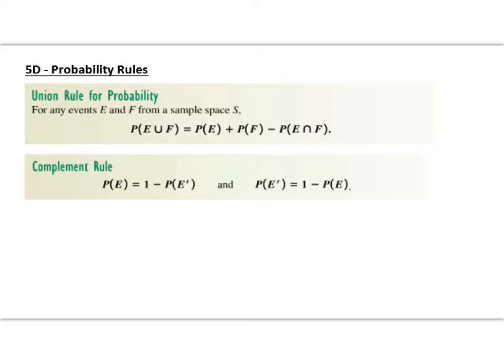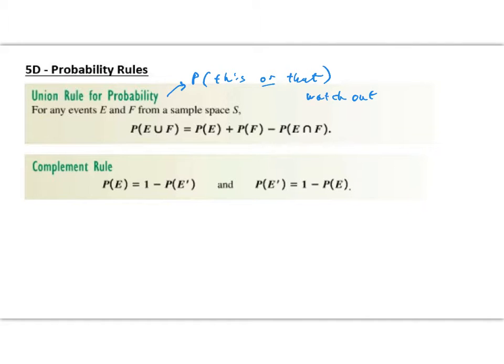to translate mathematically. So for this video, the two rules that we're going to look at, the union rule and the complement rule, we're going to keep it pretty simple and straightforward. The union rule is the probability of this or that happening. So it's two or more events, and either one event could occur or the other event could occur or other events. Now the catch is you have to watch out